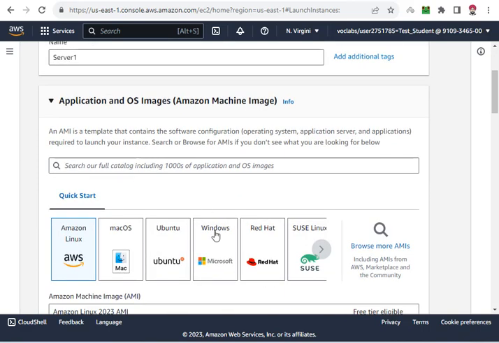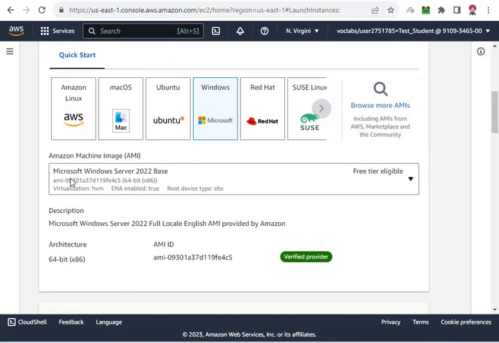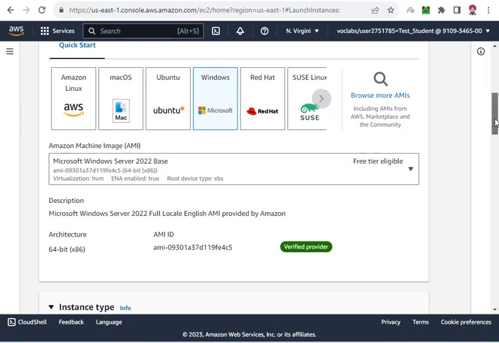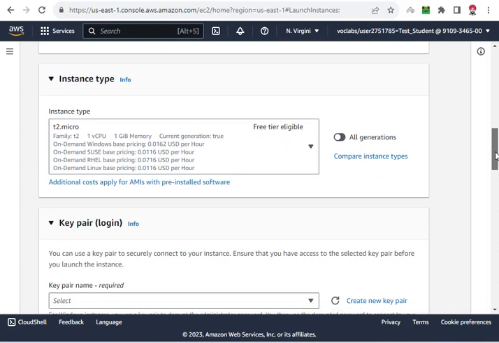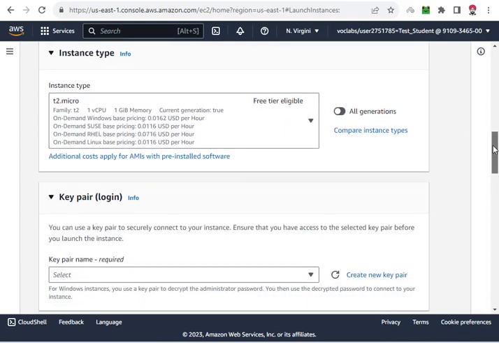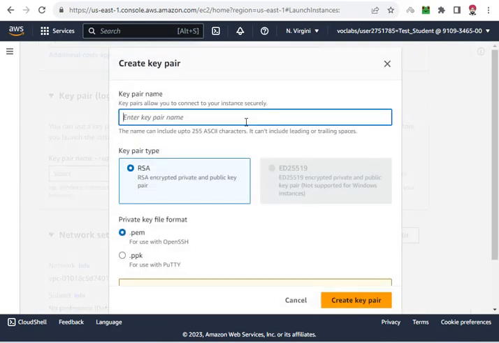I'm selecting the operating system as Windows, which will automatically select the image as Microsoft Windows Server 2022 base, which will be acting as the AMI for this instance. Then the instance type is T2 micro, which is free tier eligible. Then key pair, I'm creating a new key pair with the same name as server 1,